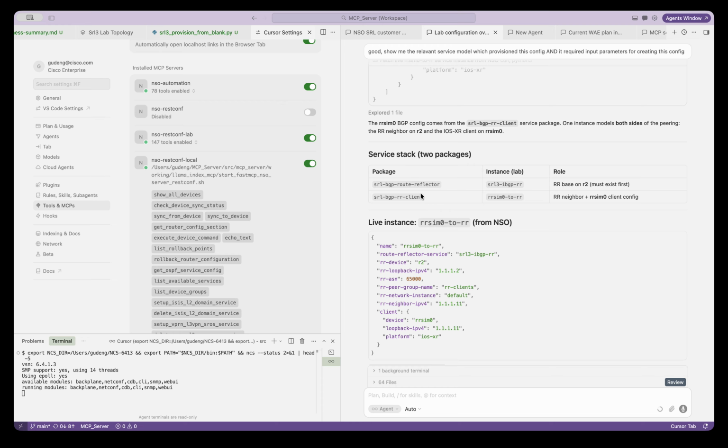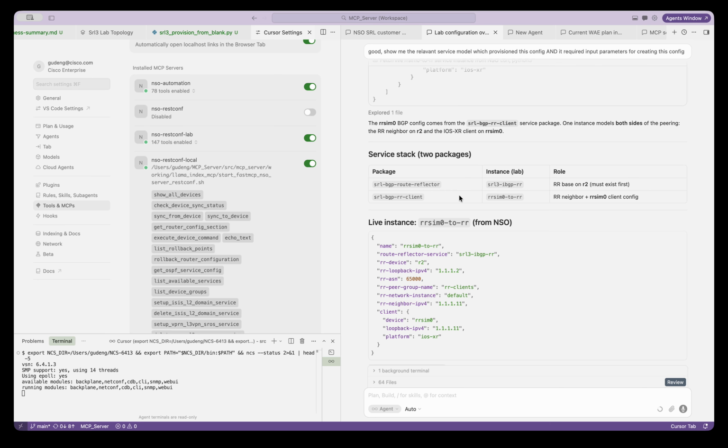One is to set up the reflector itself, and one is to set up the client. This one needs to exist before you can provision the reflector and client relationship. Of course, you can model this completely differently, but this is what I did, quick and dirty.